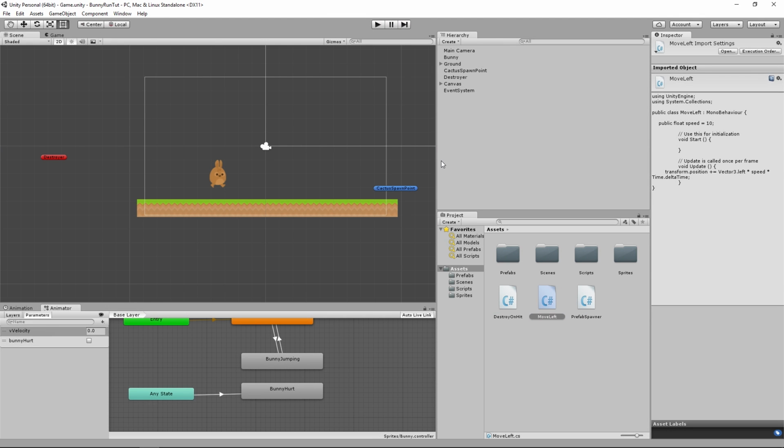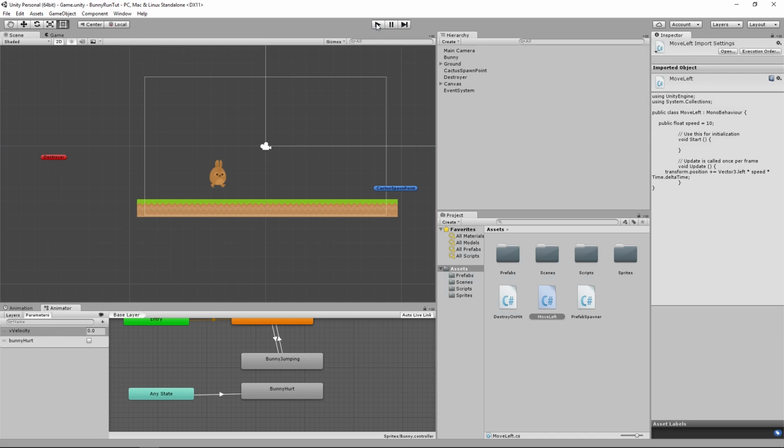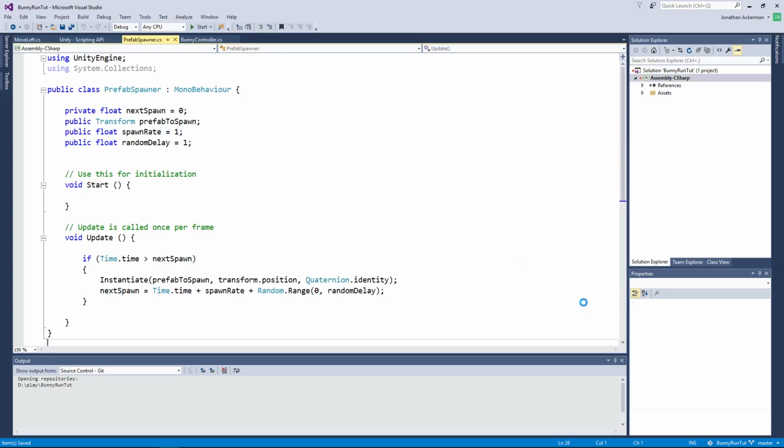Welcome back. In this video we're going to be tweaking our gameplay a little bit to be a bit more interesting, and I think the first thing we're going to do is change the way our cacti spawn. So if you remember, if we look at the prefab spawner from last time,